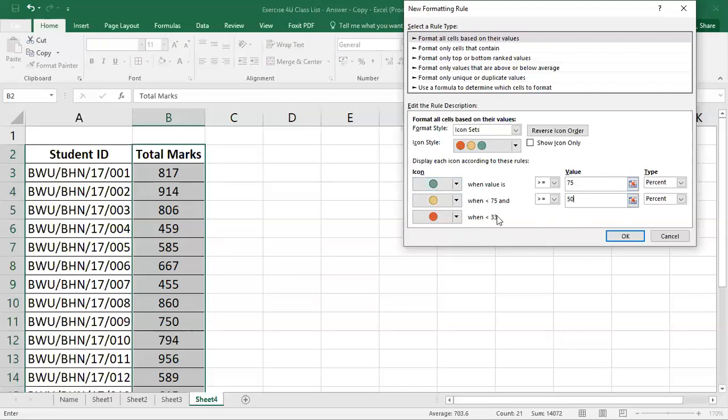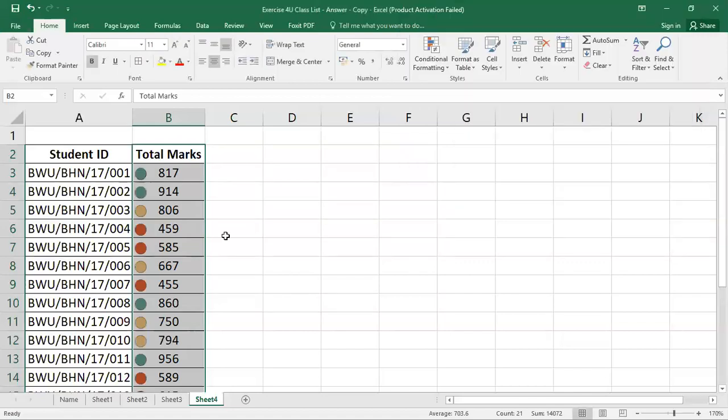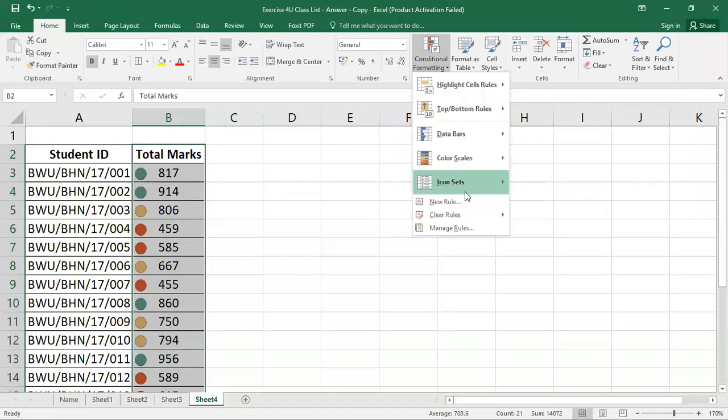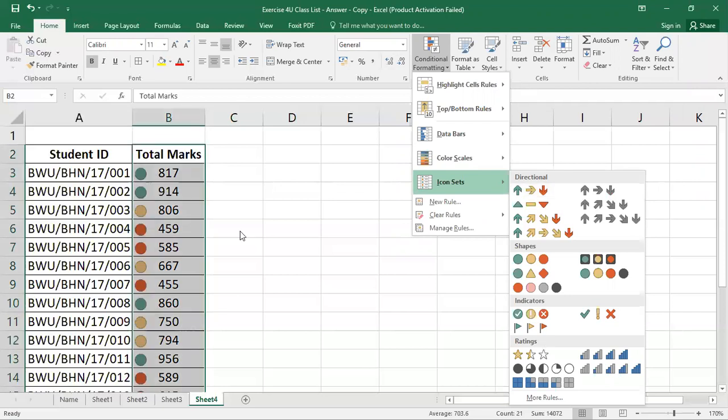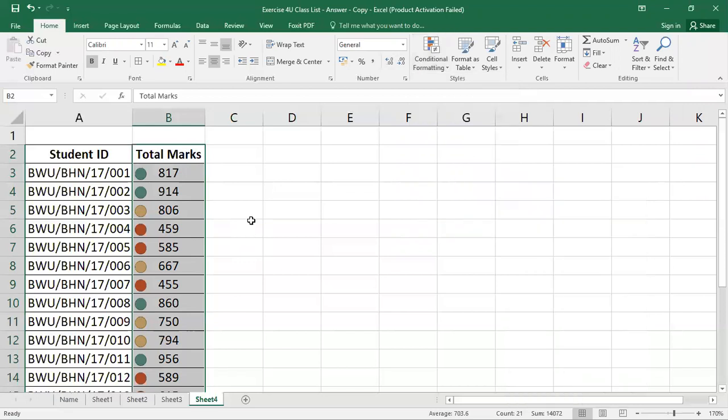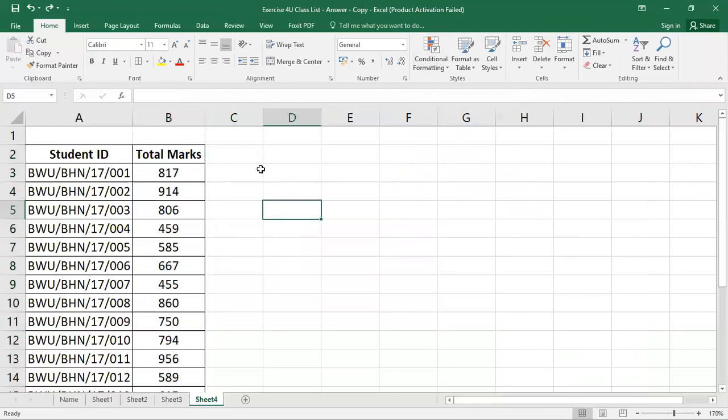And if anyone is less than 50, it will show red. So look here, it is the particular one, and in that case we can select the icon also. In that case also we can select this type of icon. So here are the rules I showed you, and the implementation of conditional formatting.